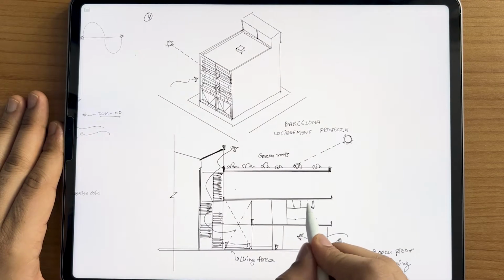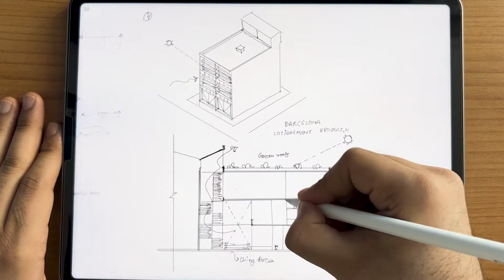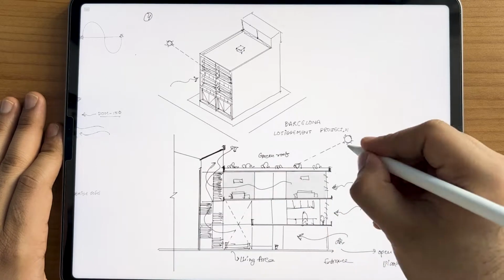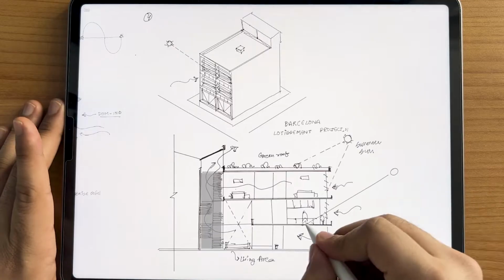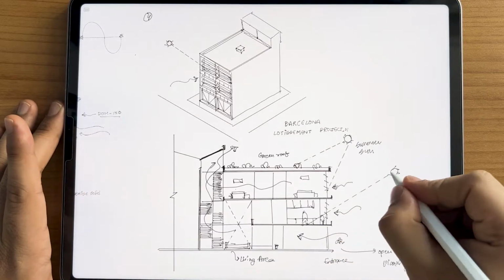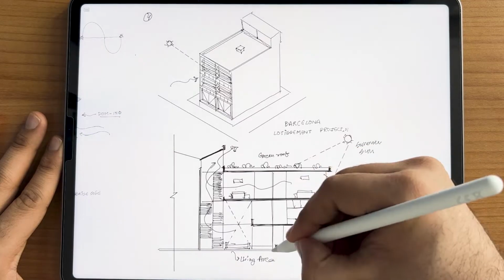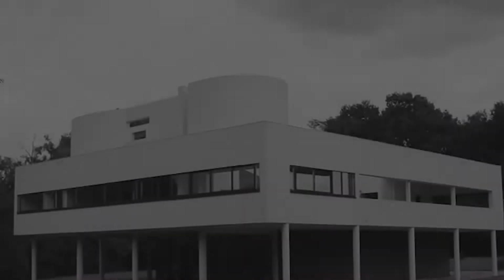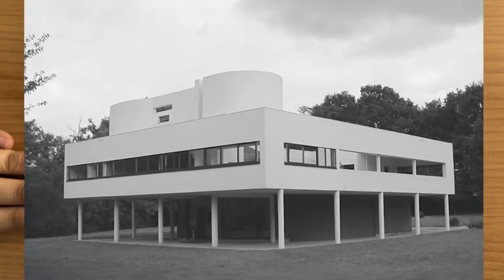The first floor has a kitchen containing the kitchen garden and a shading jali in the front. The top floor has bedrooms that are naturally ventilated. Natural light enters from the staircase well, and the house is full of passive ventilation systems. Corbusier considered the summer sun and winter sun in the house, and he added all the necessary elements to protect the house from the direct sunlight. Let's try to understand the key elements of climate in the second project.